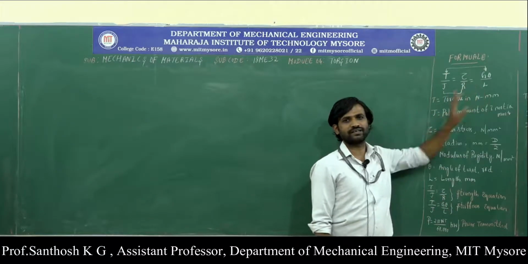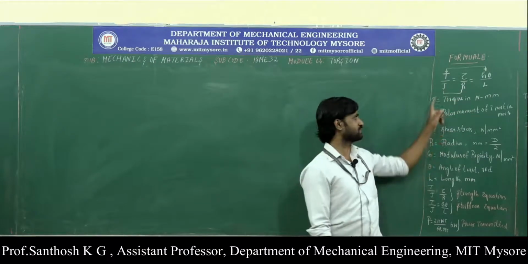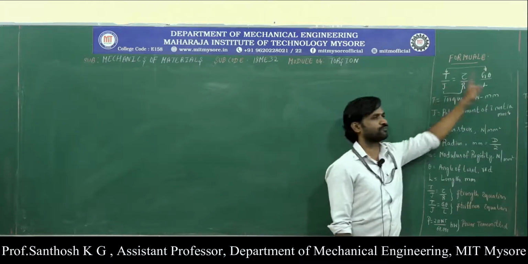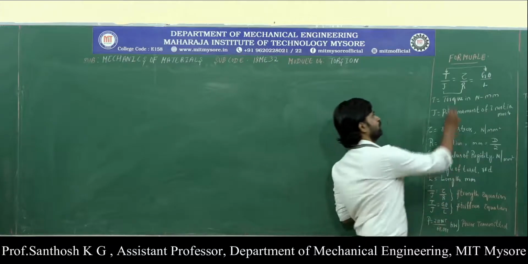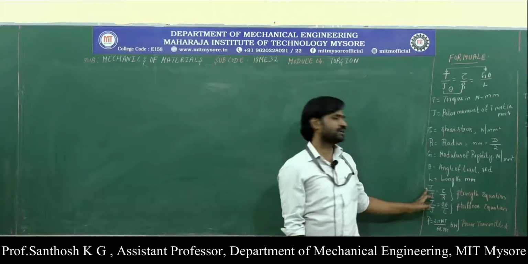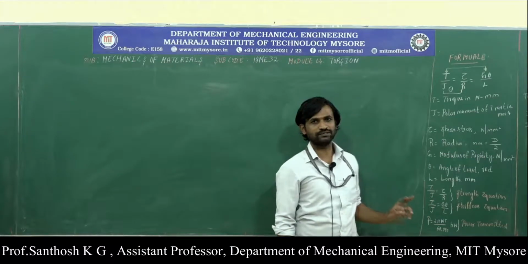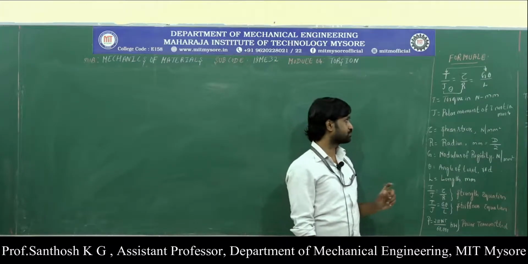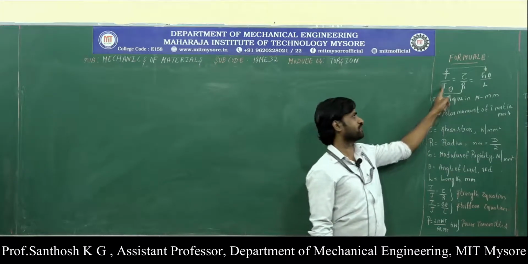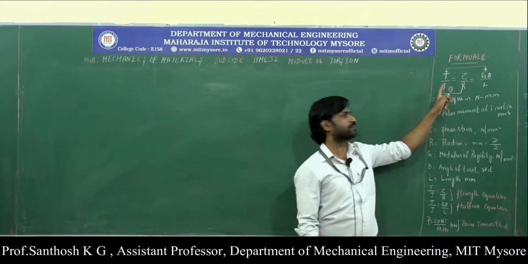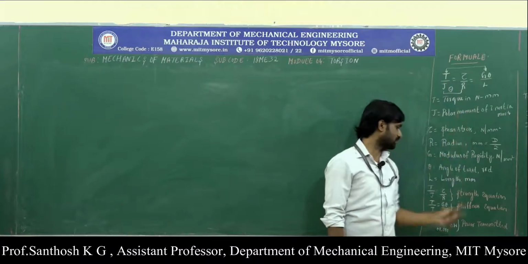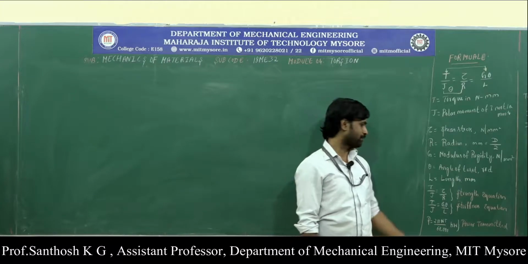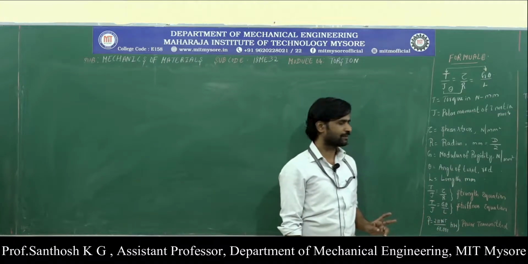So this equation can be divided into two different equations by equating the first and second term and also by equating the first and last term. If I equate the first and second term, it will be T by J equals tau by R, and this equation is called the strength equation. And if I equate the first term with the last term, I will get T by J equals G theta by L, which is called the stiffness equation.